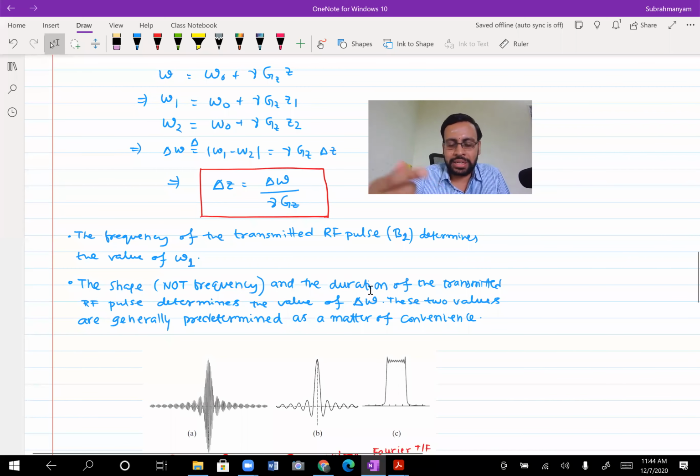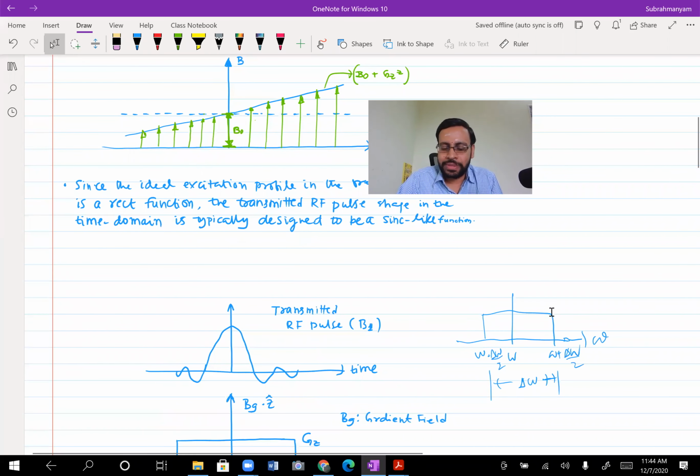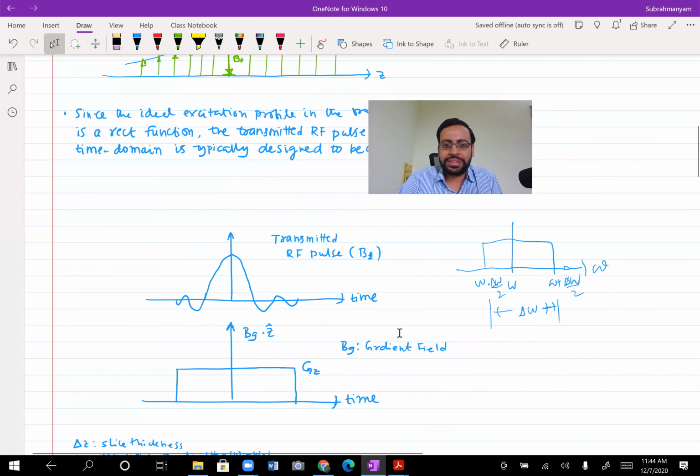This I skipped earlier. That's why I was telling you earlier, it was the envelope of the sinc. The shape is kind of an envelope that tells you what your delta omega is. For example, here I wanted something like a low pass filter, right? That's why I took a sinc. If I want something else, accordingly the shape, or to be more precise, the envelope, would change.